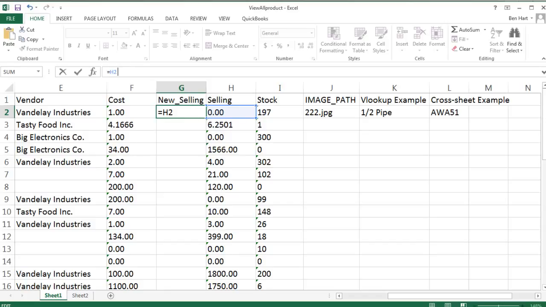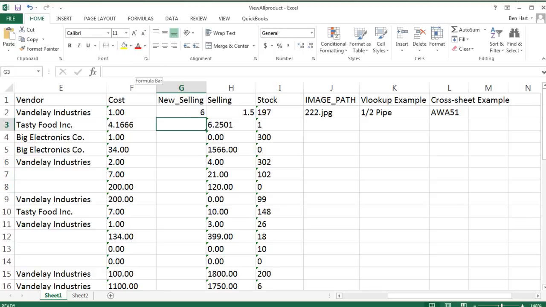H2, and then we can use a number of operations just to make it work like a calculator. So we can use a star, that means multiply. In this case, we'd be multiplying by 0, so I'm going to use add 1. Okay, so H2 plus 1, we're going to get 1. H2 plus 150, we're going to get 150. And so if we actually go and set our price to 150, we can start to do multiplications, okay? So if we get into multiplication, we'd say go ahead and multiply that by 4, and we can get our